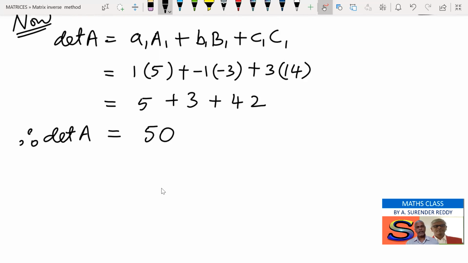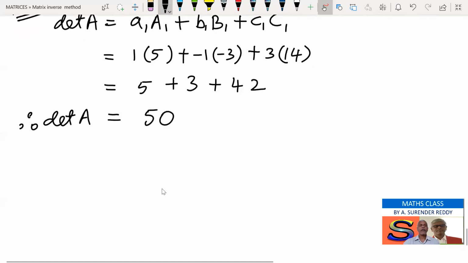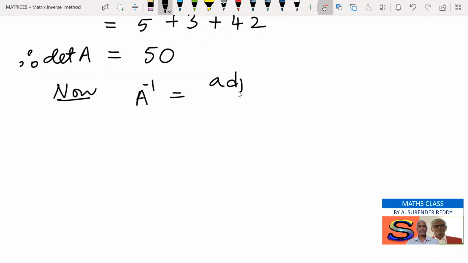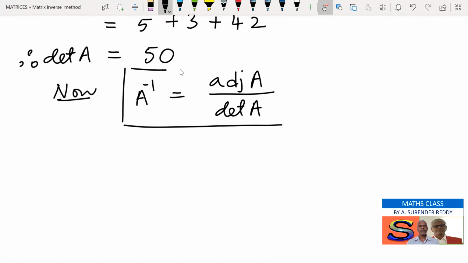Taking the element and taking the 4, that is itself finding the cofactors. So now write the inverse. What is inverse? A inverse is the adjoint matrix divided by its determinant. This is the inverse. So now A inverse is equal to